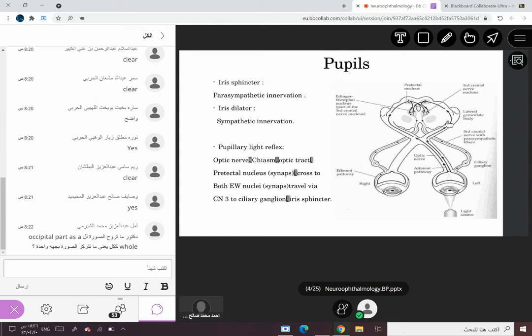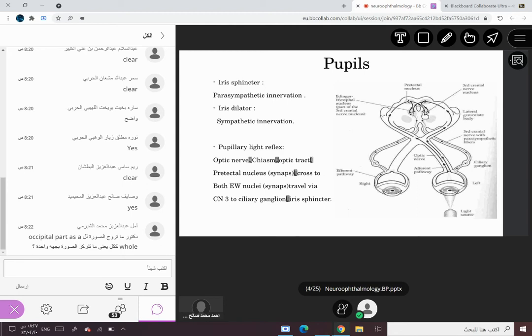It will reach where? Here, the pretectal nuclei. In the pretectal nuclei, it will synapse. Then from the pretectal nuclei, you see this is the pretectal nucleus, and this is the other pretectal nucleus. We said it will synapse here, then it will cross to both. This one also will cross to both